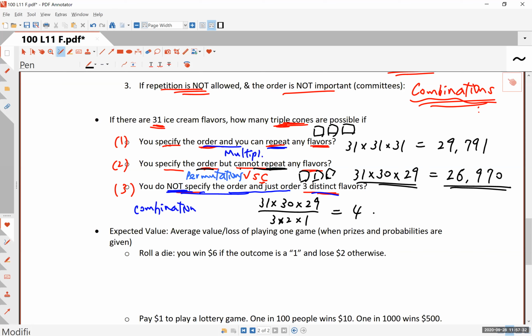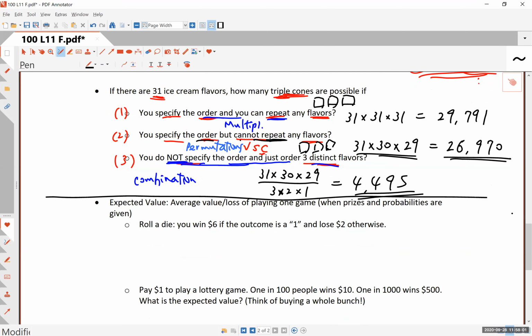This is much, much fewer than the other 2 answers. That's 4,495 different ways. Okay, and that's because the order doesn't matter. And you are, again, counting each combination with 6 different permutations, and that's why this number is drastically less. Okay, so hopefully you've gotten these answers. You get to do a lot more problems. Some of them are complicated in your homework,